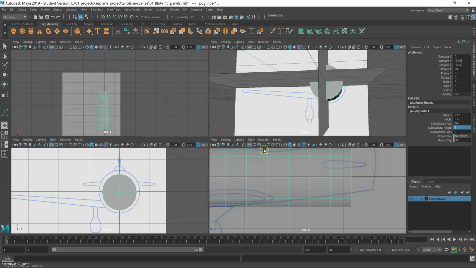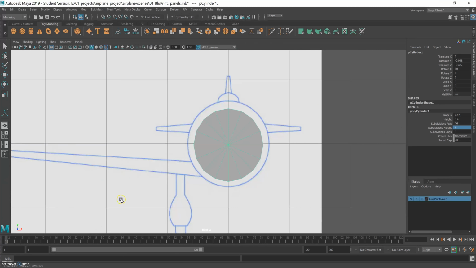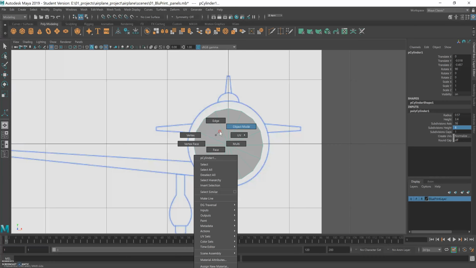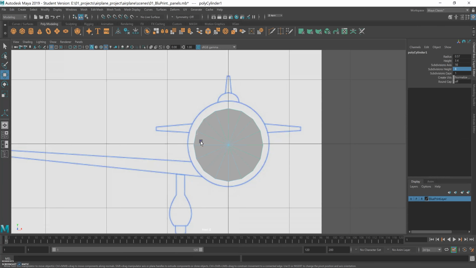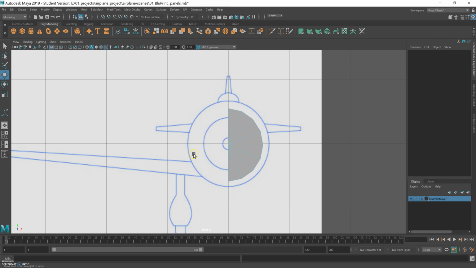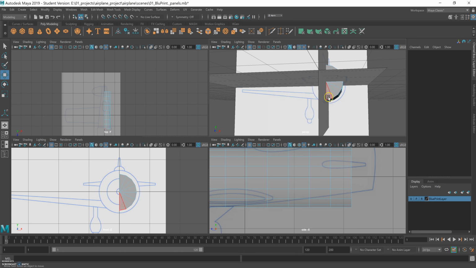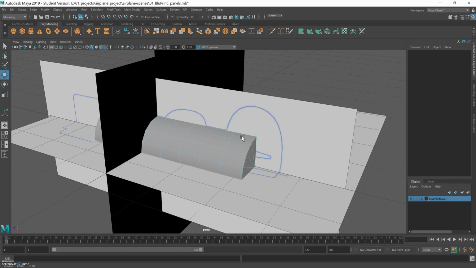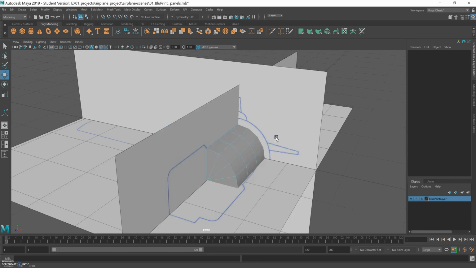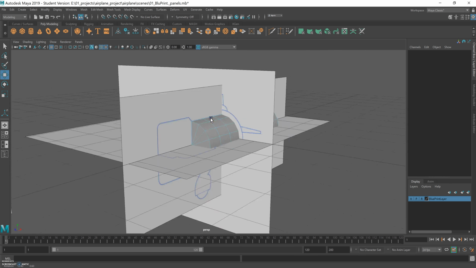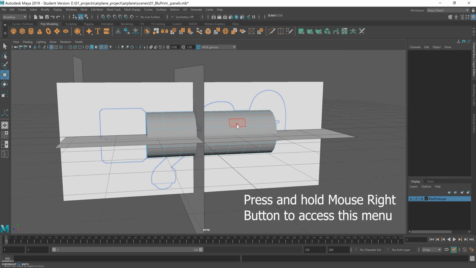So let's go to the front view. I'm using space to go to the 4 views, and then I'm putting the mouse on top of the front view and clicking space again. Faces, and I just deleted the faces I don't need. So let's go back to perspective mode and back to object mode,